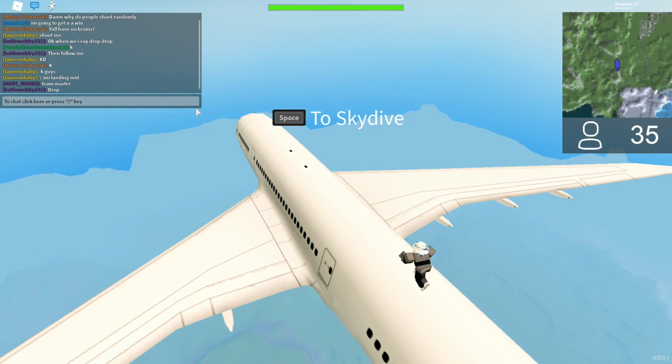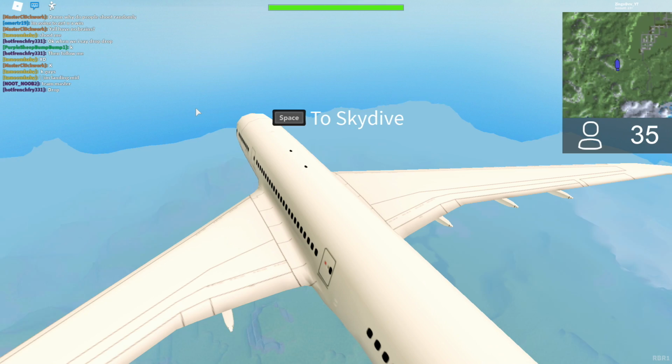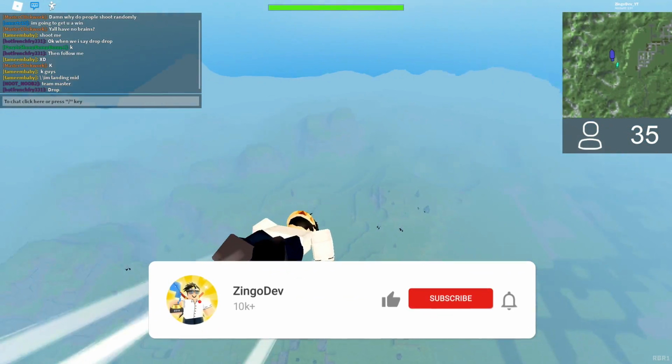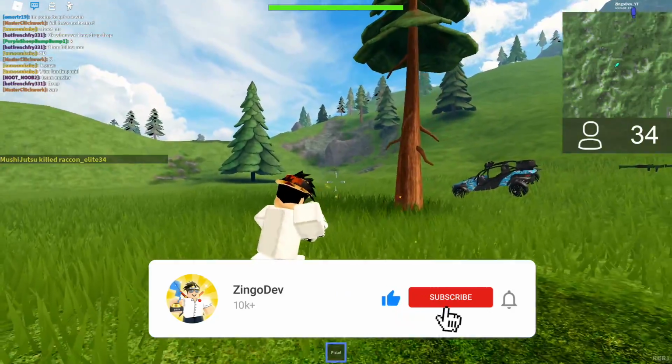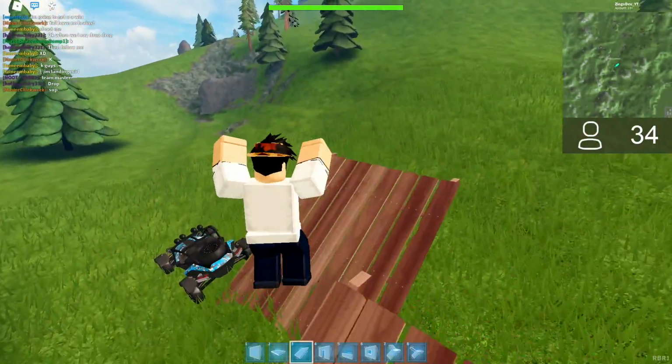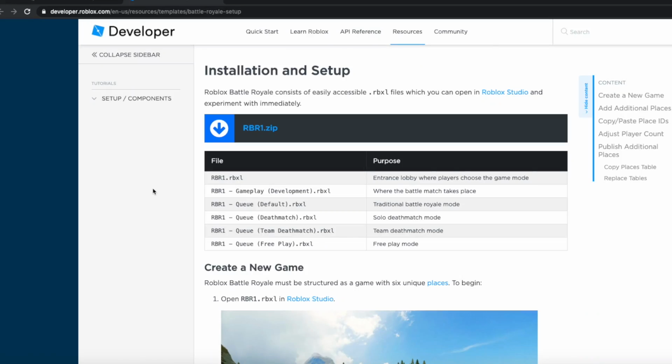Today I'm going to be showing you guys how to make your very own Battle Royale game in Roblox. It's going to feature a diving system and much more. I'll show you in just a second. There's going to be a weapon system, a build system, and much more. So let's get started. To get started, you're going to want to use the link in the description and